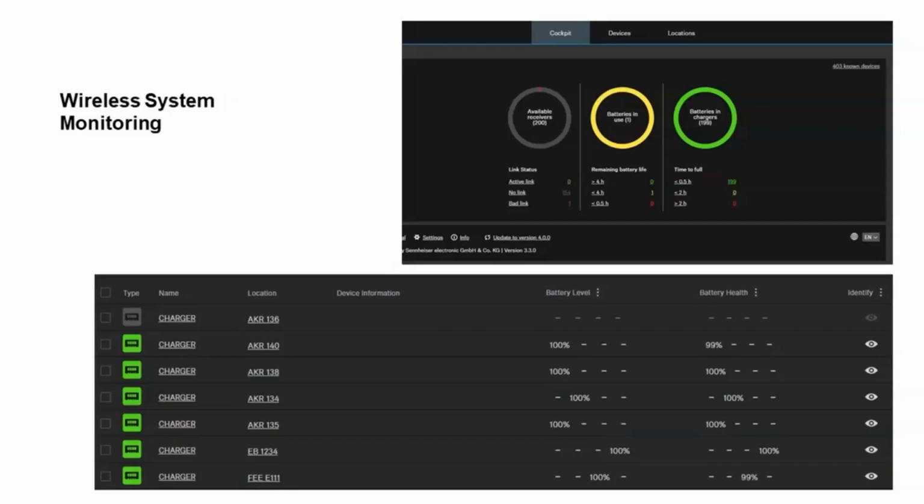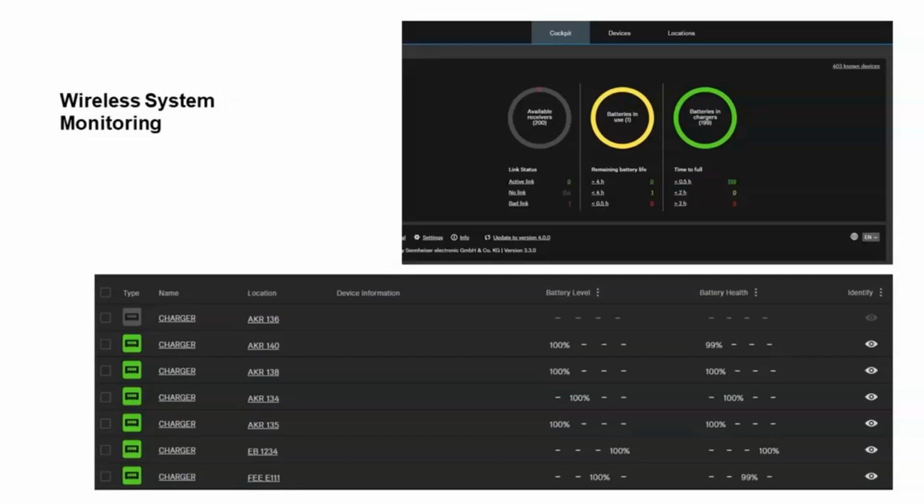Now, some of our classrooms are located in residence halls, and residence halls are managed a little bit differently. So in the morning, our first FTE in the building will go in and check cockpit. Are there any rooms where I need to swap out one of the batteries, because the time it might take to charge up isn't going to be in time for the first 8 a.m. class in that room? Or conversely, he's just going to make sure that everything is charged up and ready to go for those rooms.